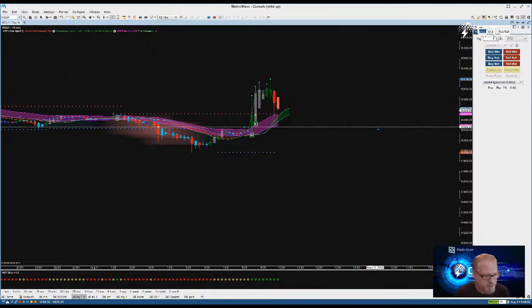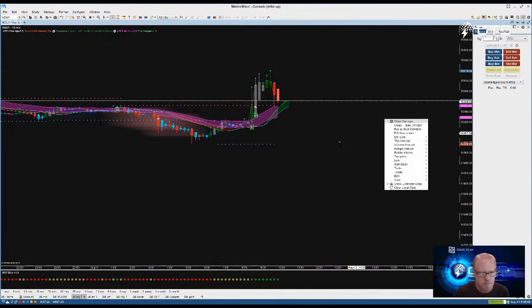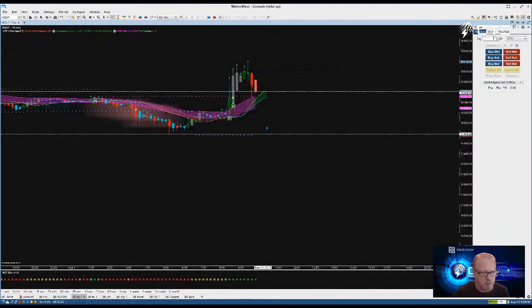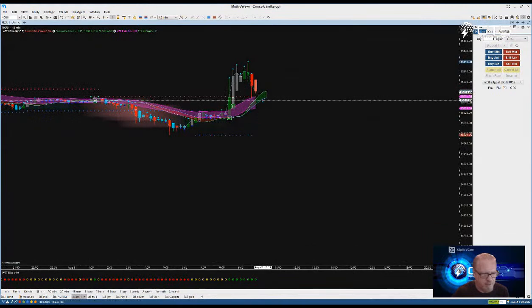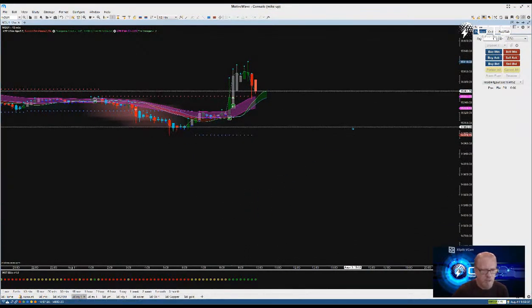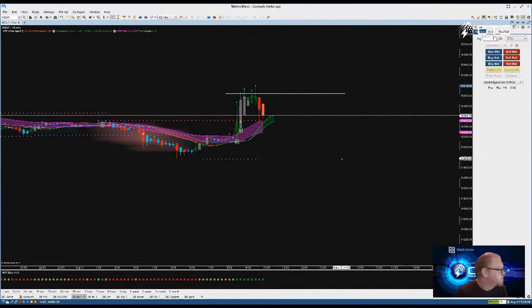We'd like to get the 6-star sell if this thing breaks down. So that's a good thing too. We'd like to see that if possible, for this thing to come on down, break there, 6-star sell under the cloud, come down to here and break and go lower. And we'll take that if it happens.